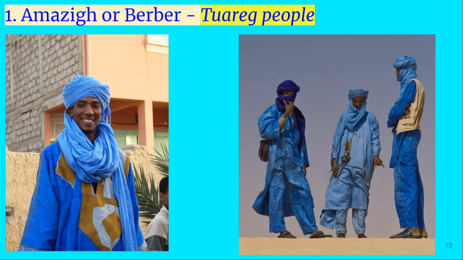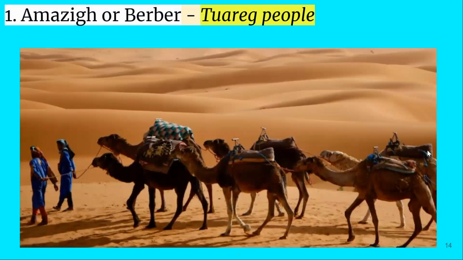They are known as the blue people because of the indigo dye that is used to dye the clothes that they wear and transfers and stains their skin. The reason why they wear the blue cloth is that they traverse the Sahara Desert. So during the trans-Saharan trade, the Tuareg people are the ones who crossed the Sahara Desert into Western Africa and